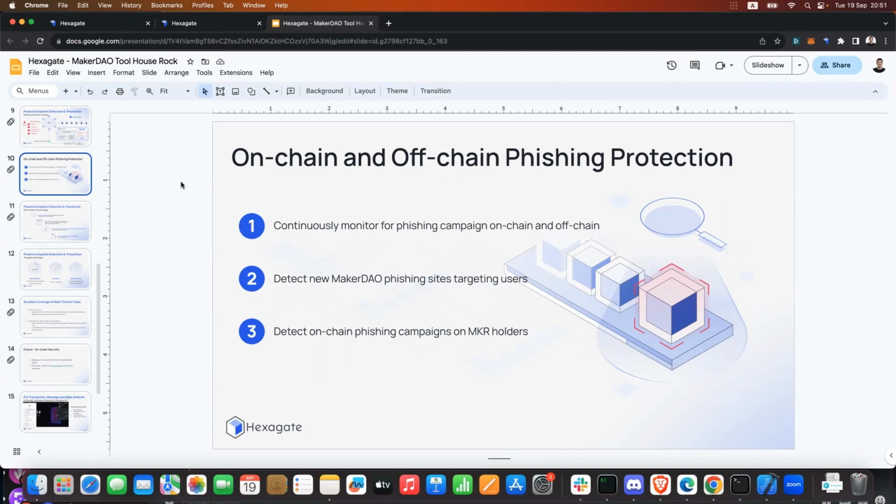Now, the alerts we give whenever an exploit is about to hit a position of yours, like if you have some funds stored in a contract, come via Telegram, Slack, PagerDuty, email, or just a general purpose webhook, so that you get notifications right away and you can take action.